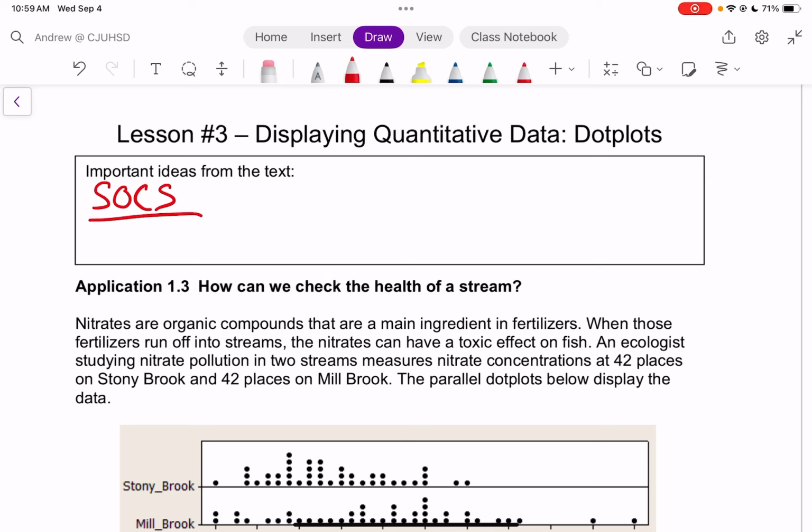Thus the 4 different ways that we compare one dot plot or one histogram or one box plot to another. That's it for